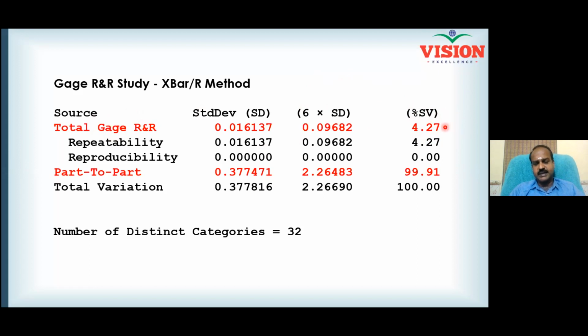4% is okay. The customer has given a tolerance of plus or minus 5 mm. Plus or minus 5 mm means the total specification width is 10 mm. Right side 5 mm, left side 5 mm. Totally 10 mm. When the customer gives you a tolerance of 10 mm, 10% of the 10 mm can be your error. How much is 10% of 10 mm? 1 mm. Right?